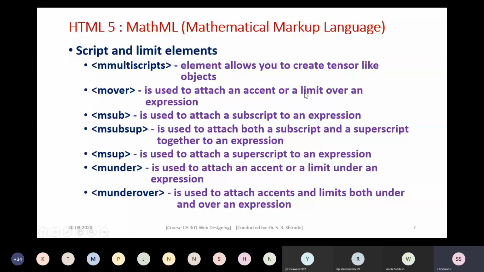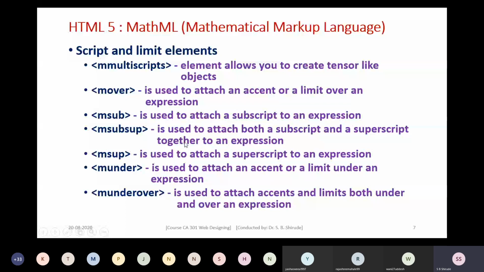Then msub. This is used to attach a subscript to an expression. If you want to put a subscript, you can do it by using msub. If you want to attach both a subscript as well as a superscript together to an expression, you can make use of the element msubsup.